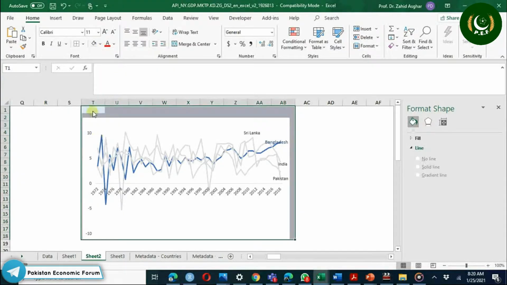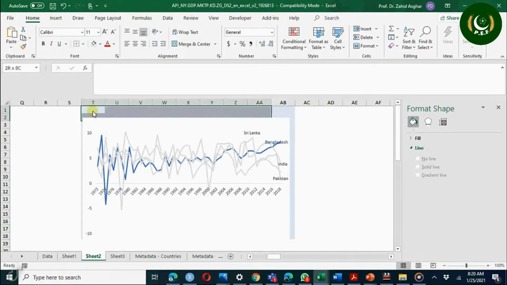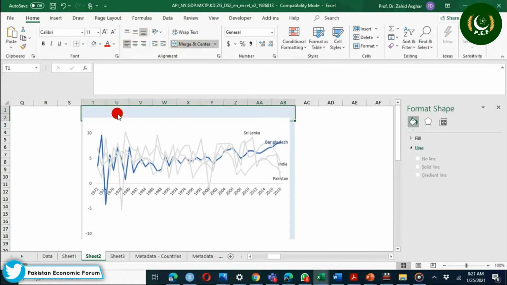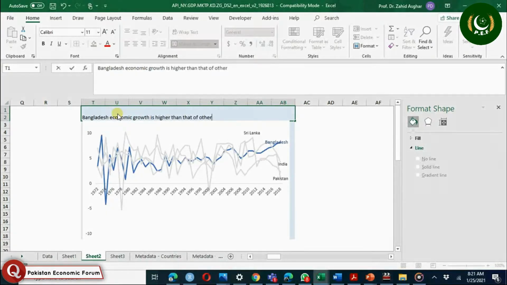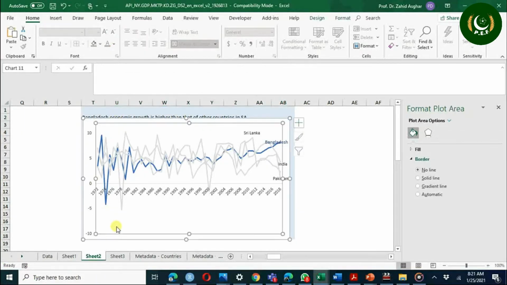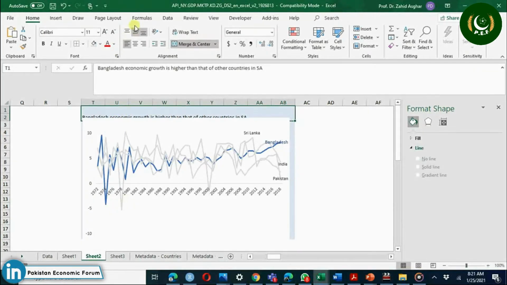Okay, now merge these cells and give title. Merge and have title left aligned, always left aligned title, and it should be sentence case. In South Asia, you can give data source here, you can write sentences here, you can